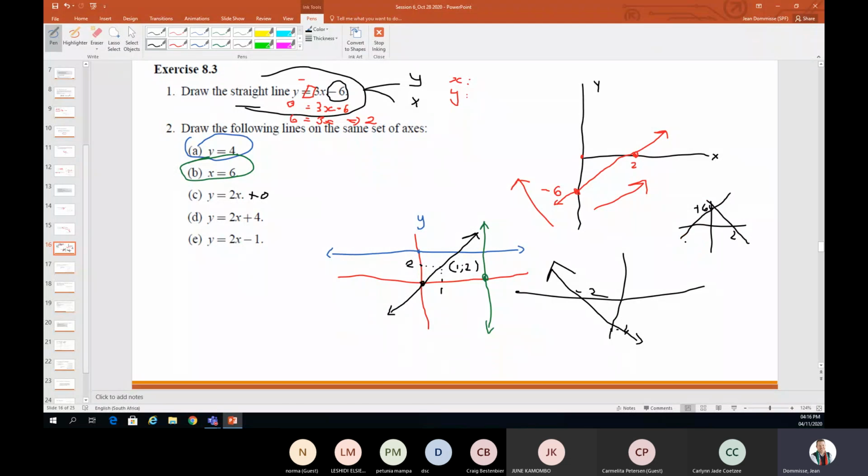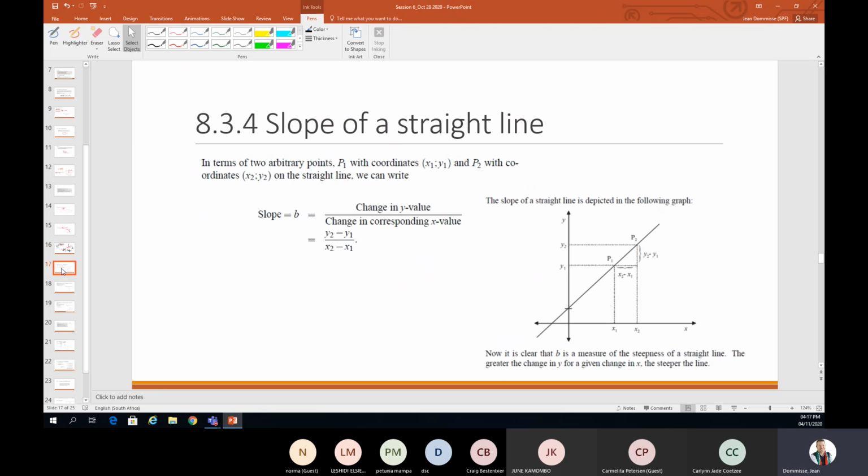So they could have nearly given you a few snapshots of pictures of the line and said, but which one represents the one that you're looking for? So that is something that they could have asked. Okay, so this is basically looking at the straight line. So what they can ask you about the straight line is they give you points to put into a straight line, or they give you points to create the straight line.